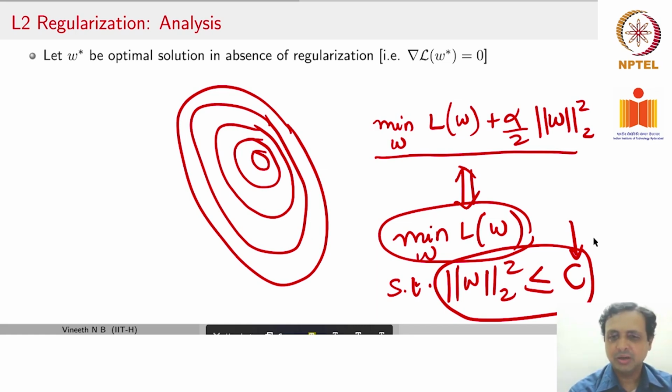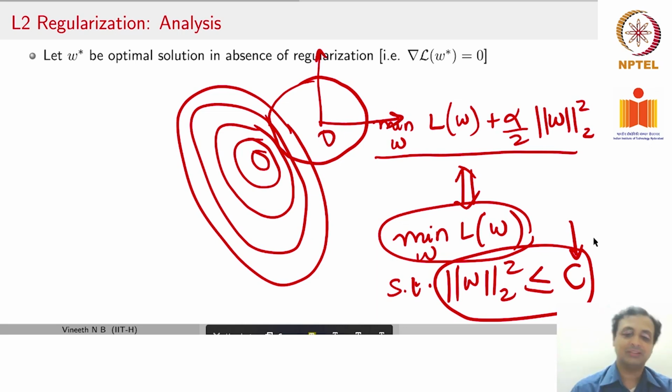So which means the solution here will be the intersection of, let's assume that the C norm ball was something like this. Let's assume that here is the origin and the C norm ball is somewhere here. You can see now that the C norm ball intersects the error surface at some point, and that is now going to be the minimum of this new function, not the point at the center, because that is outside the C norm ball. So you have to find a minimum somewhere here,